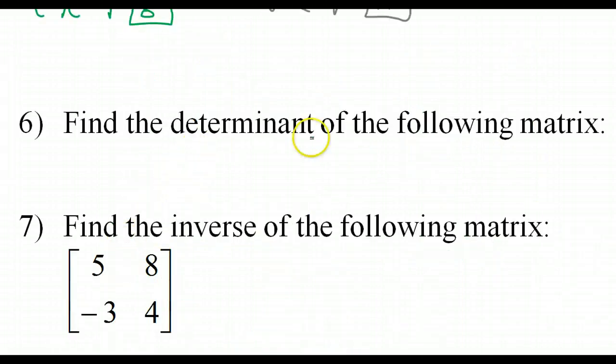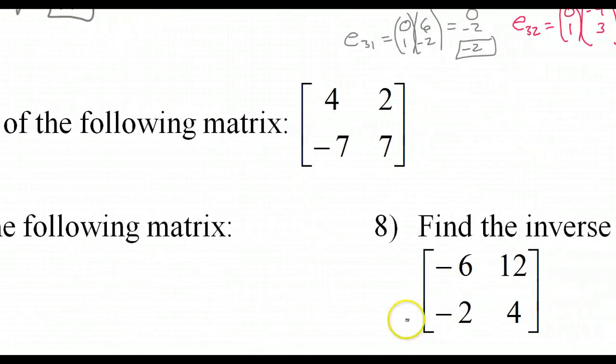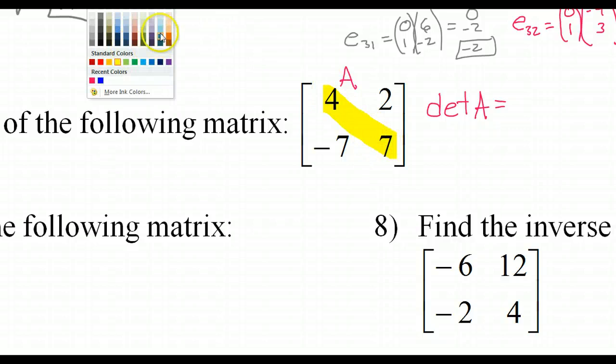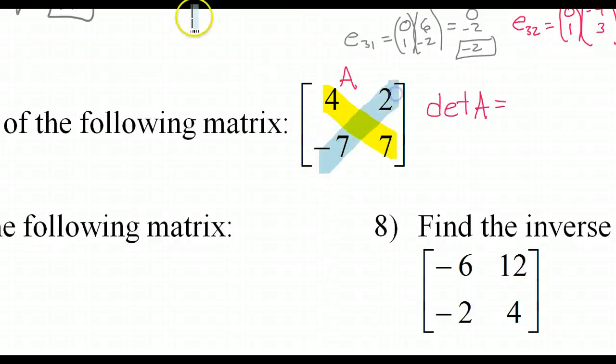Alright, now for number 6, we're supposed to find the determinant of the following matrix. Okay, this matrix right here. Of course, the determinant is when we just do the down diagonal minus the up diagonal. So imagine that this is matrix A. Then the determinant of this matrix would be the down diagonal, which is 4 times 7, minus the up diagonal. So we're just going to have 28